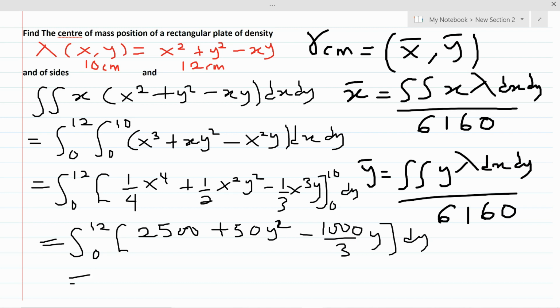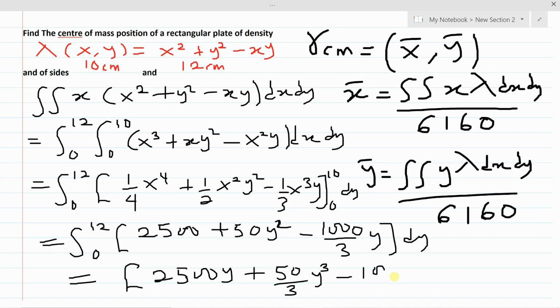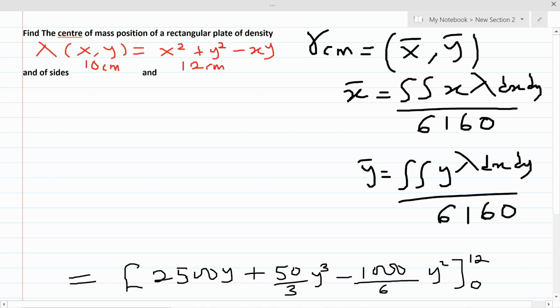Okay, so when you integrate this with respect to y, we'll get 2500 y, then plus 50 over 3 y cube minus 1000 over 6, because it becomes y squared over 2, and that will give us 1000 over 6 y squared. Okay, from 0 to what? 12. Now if I put my values in, I'll get 2500 times 12,